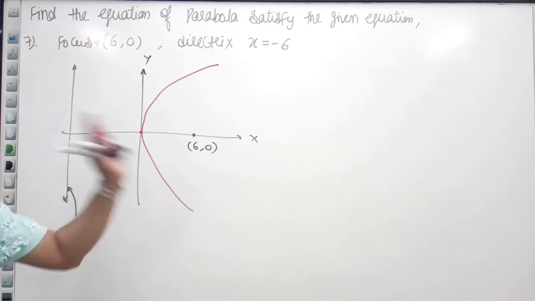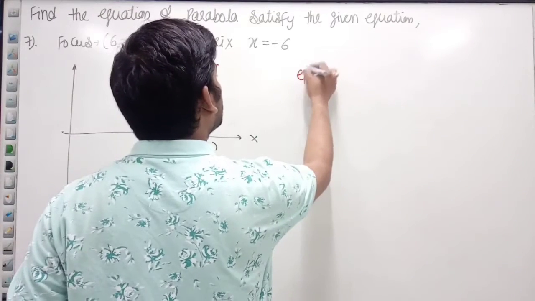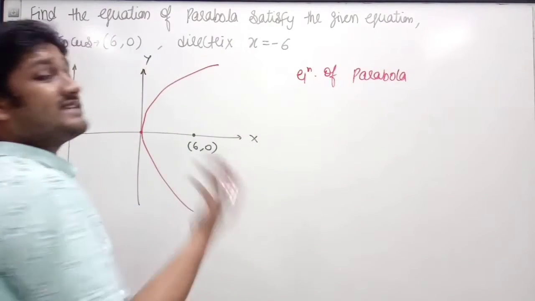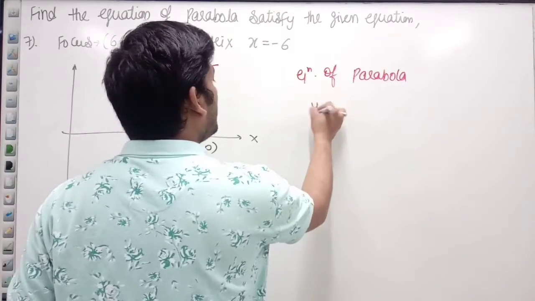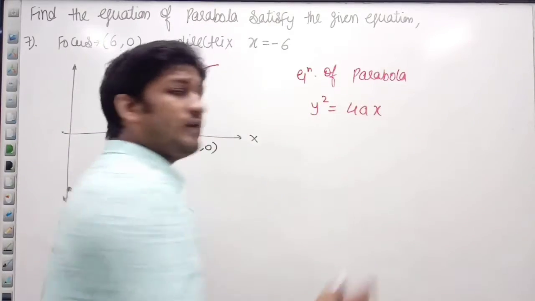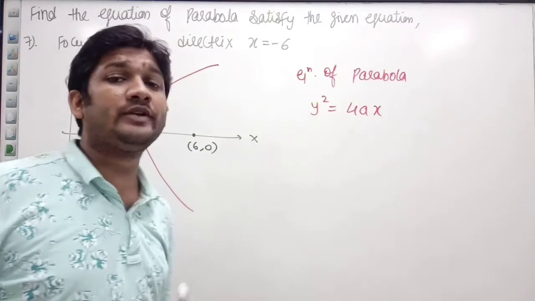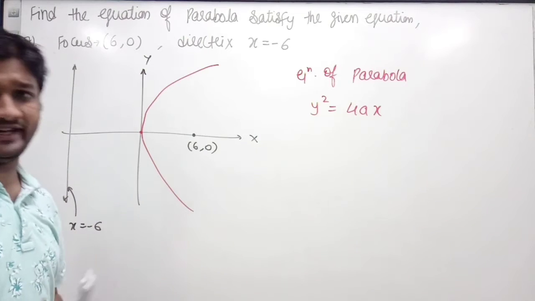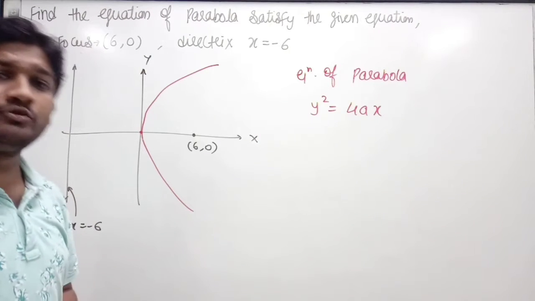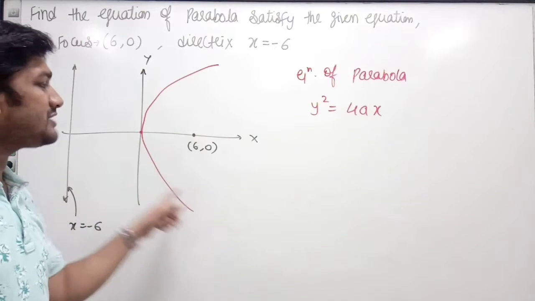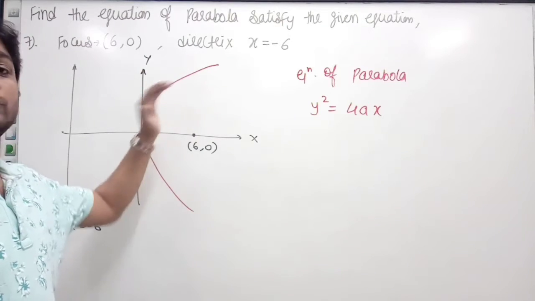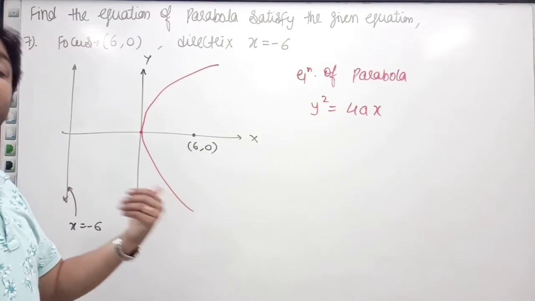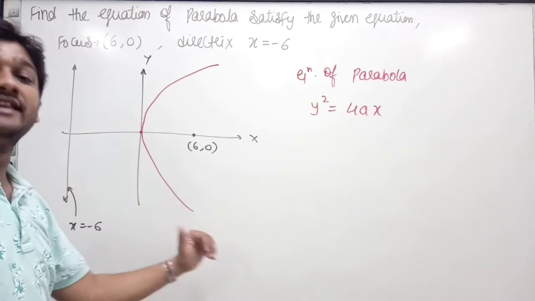This is around the x-axis, so we can say the equation of parabola is towards the x-axis, means power of x is 1, y square equal to 4x or y square equal to -4x. Why positive 4x? Because positive side. If it is towards the negative side, we can write negative 4x. Now the question that can come in your mind, sir, why you have drawn towards the positive side? Because parabola is always towards the focus. Focus is on the right hand side and the directrix is on the opposite side, the parabola does not open there, right?